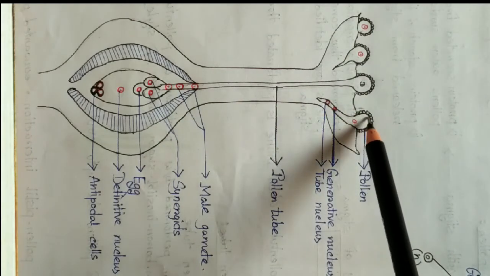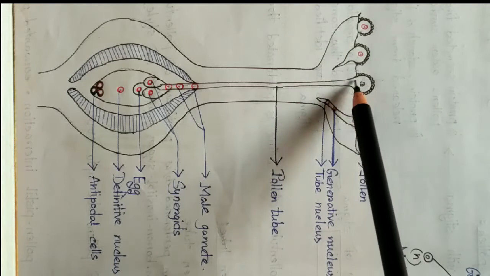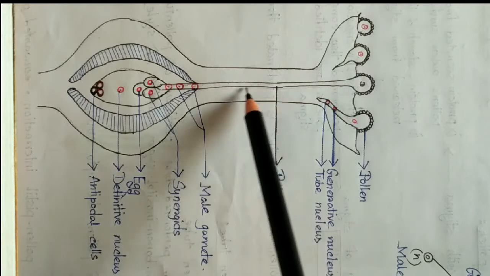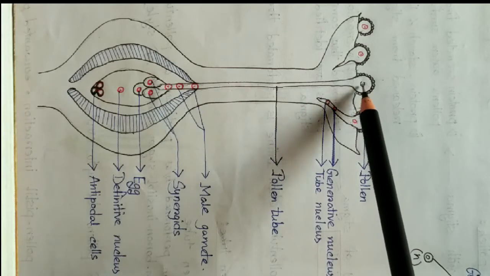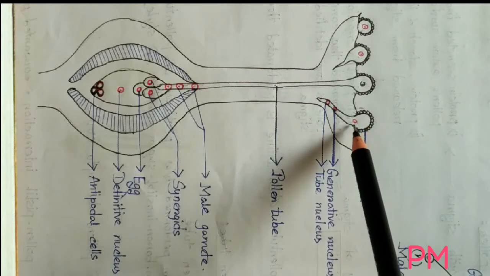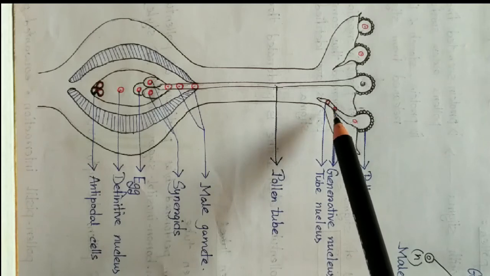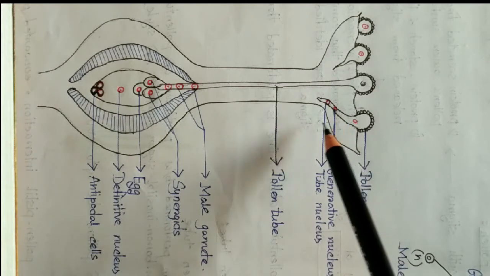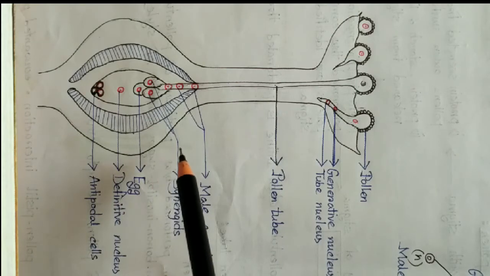So after pollen pistil interaction, the pollen tube is generated. They are also pollens and here is the elongated form of pollen tubes, and these pollen tubes are already formed. I draw here only one pollen tube. This nucleus comes through the pollen tube and first this nucleus is divided into two parts. First one is the generative nucleus and second one is the tube nucleus. This generative nucleus is further divided into two gametes, two male gametes which are haploid in nature.